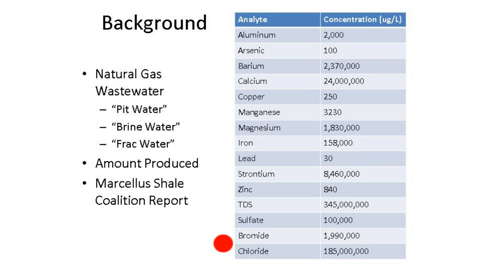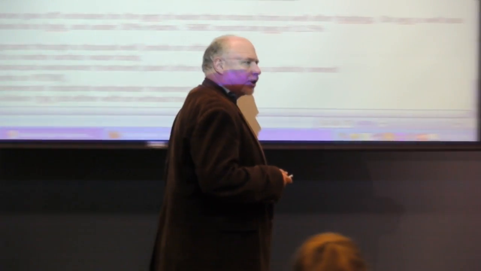Other things that are high in this, you can see high levels of bromide and chloride. Why is bromide a problem? Bromide is an ion, just like chloride. You put bromide in a surface water stream. Some of the very beautiful streams that we passed on our way up here today. We're marveling at your countryside up here. It's wonderful looking at some of the streams. You put a slug of bromide ions in the stream, essentially they're going to start interacting with the dissolved organic